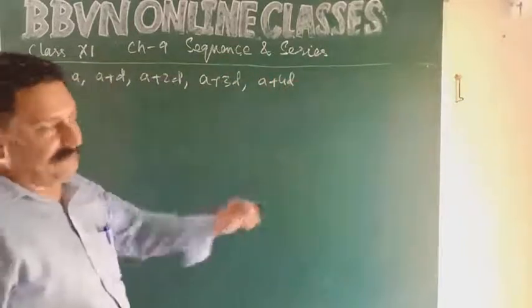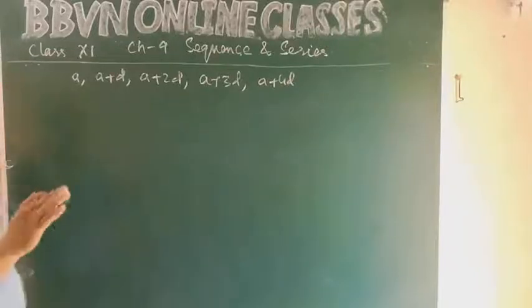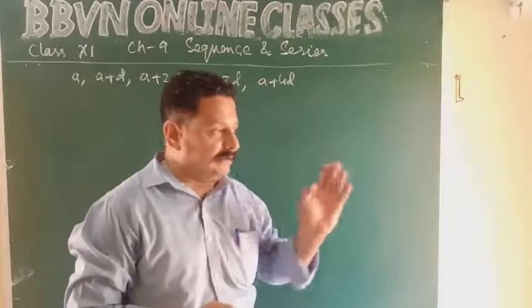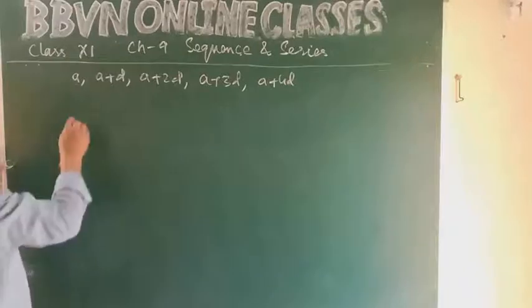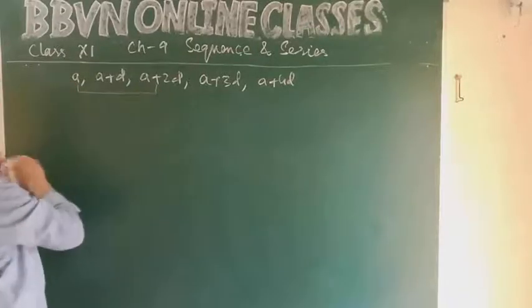Right? This is an AP. Let us see. Let us understand. I hope you know what we mean by mean, M-E-A-N. Arithmetic mean: sum of the quantities upon number of quantities. So I'll randomly pick any two terms. Mean of first and third term.